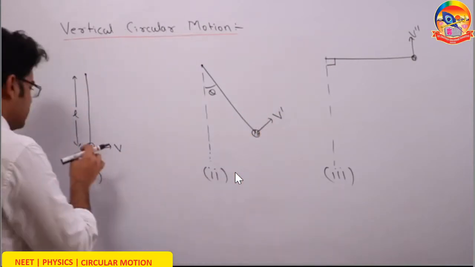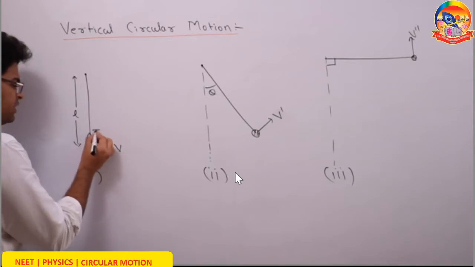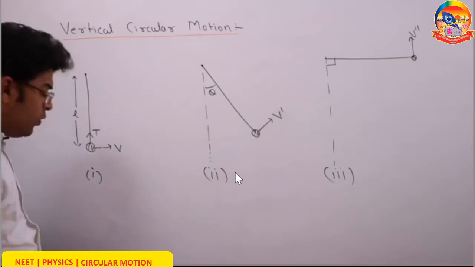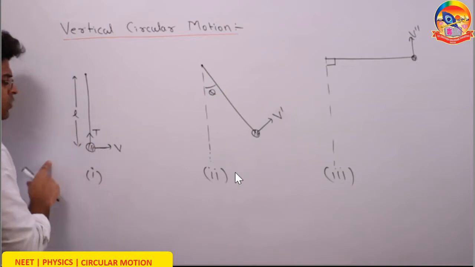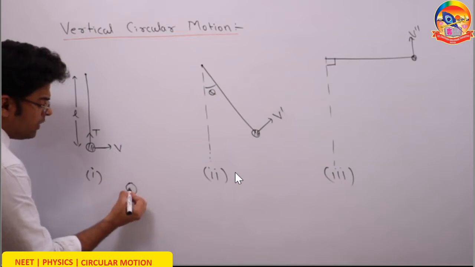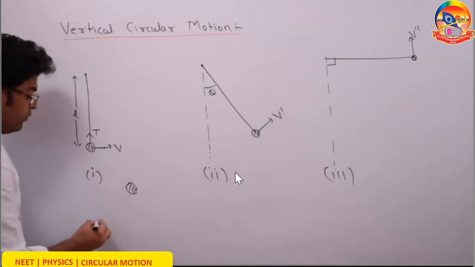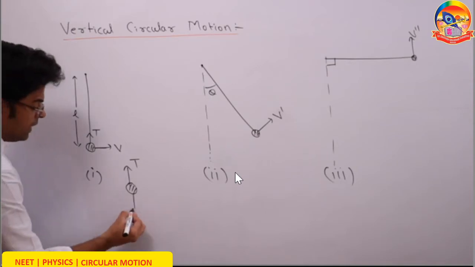So let's talk about the lowest point. At the lowest point, first thing first, what will be the tension in the string? Let's say T. How to find it? Always make the equation as the net force acting towards the center equals centripetal force. But which forces are acting on this bob? If we make the free body diagram of this bob right now, there will be two forces: a force of tension acting upward and a force of gravity acting downward.